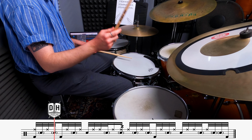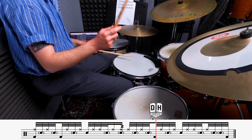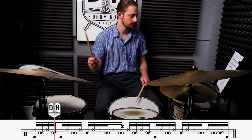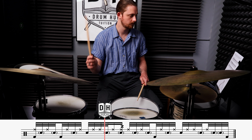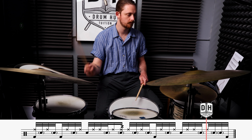So now, let's check out how it sounds to piece together all of the patterns we've played so far. And to start with, we're going to play it nice and slow. Sick, so that gives us the overall groove, but importantly, now we want to add in our left foot,